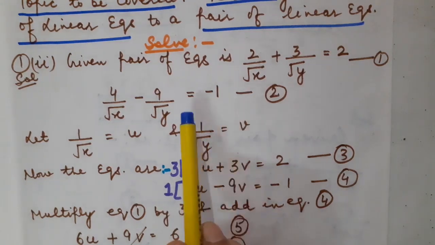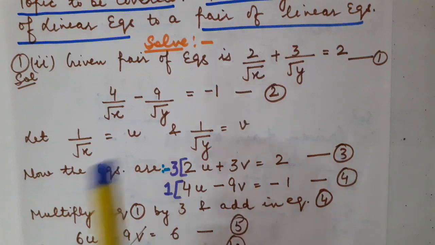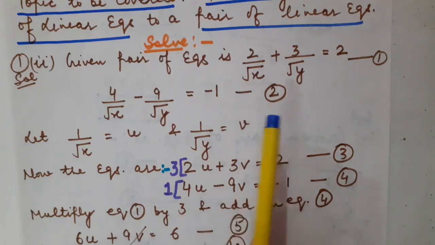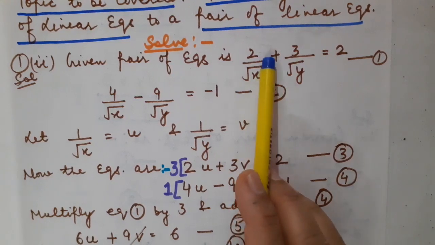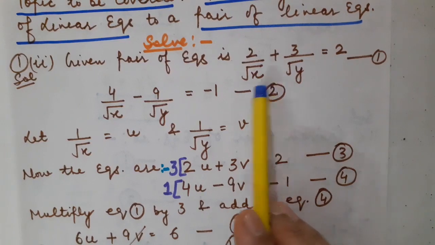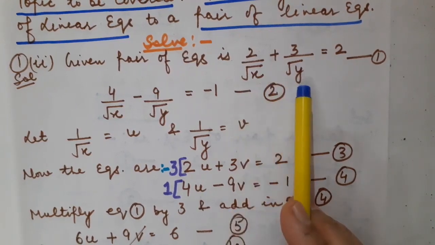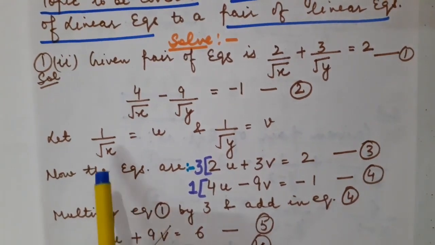Children, here you may see that the equations which you are given are not in the generalized form. According to the generalized form, the variable must be at the numerator place. But here children, you can see that the variables x and y are both at the denominator place. So what is to be done? How to start solving this question?